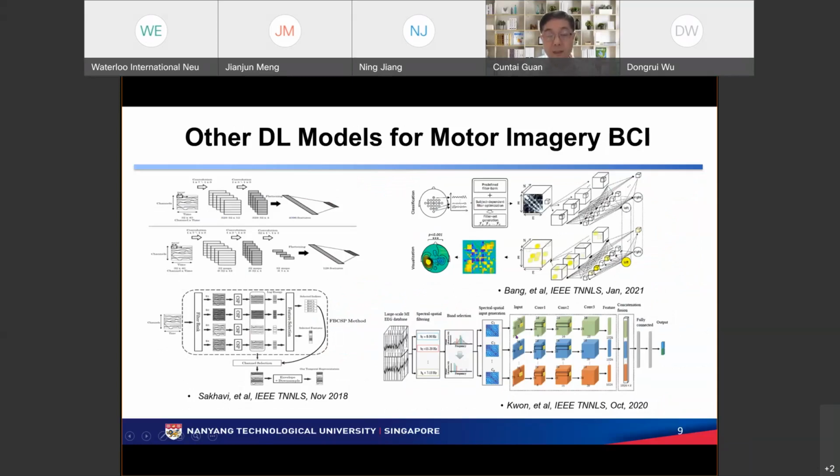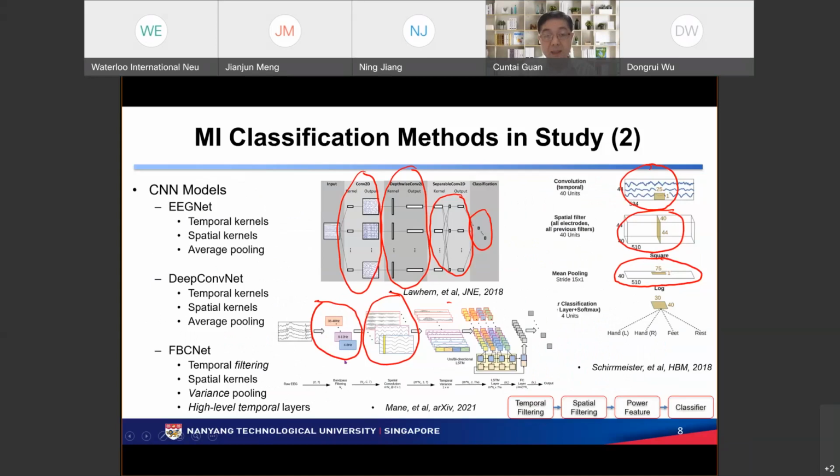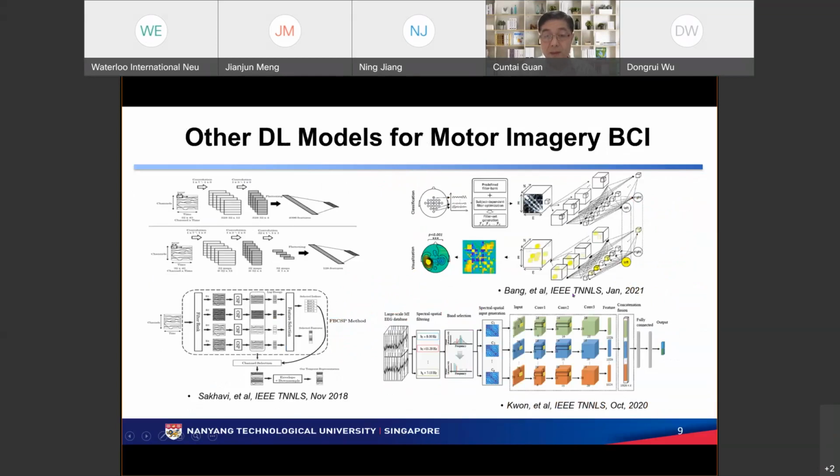Of course, there are many other approaches, which are not exactly, but also kind of similar to what we propose, but the FBCNet is more compact. One more benefit of using the filtering is that we have far fewer parameters. We don't need to learn the temporal filter parameters. We just use the predefined ones, compared with other methods. But that's a small benefit. A few other methods are also proposed, all based on CNN, but with a different kind of representation or different features, different input to the deep learning model. I won't go into the details. In terms of performance, they are pretty similar.